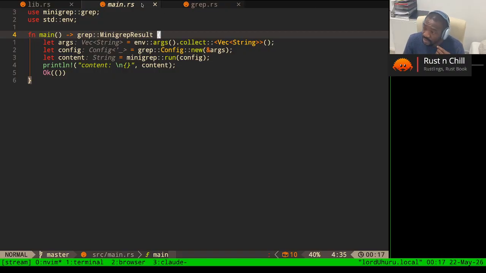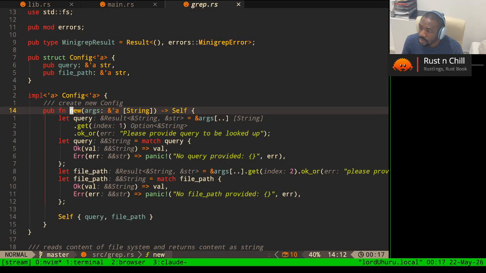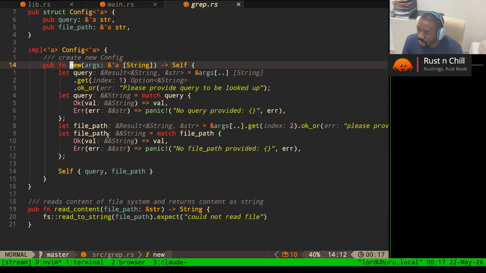Where are we actually? So we're here now. Yeah, I think that is it. It's returning mini grep result, which is our own type that we created. Any issues so far? No. Okay. Yeah. Now we need to, from here